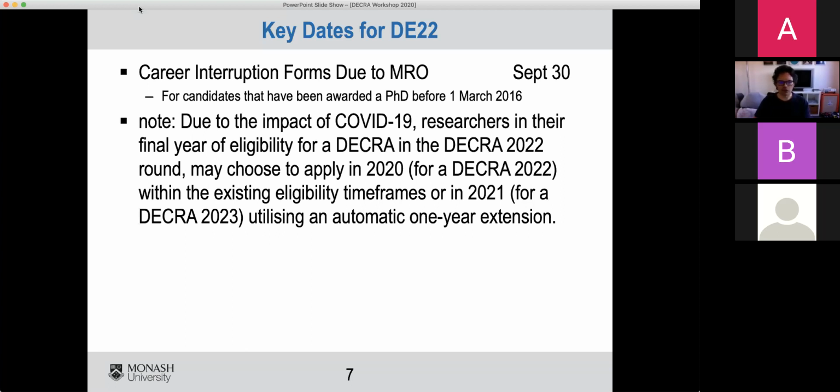So there was a big flood in chemistry a couple of years ago. I remember that flood, and one lab was greatly affected. I don't know if that would count as a career interruption, but those kinds of things are what the career interruption forms are designed to address. The forms exist so that you can have a ruling on career interruptions that's unambiguous. So again, I would probably check that one with MRO.